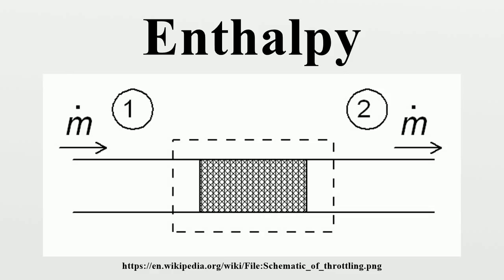Specific enthalpy. The specific enthalpy of a uniform system is defined as h equals H per m, where m is the mass of the system. The SI unit for specific enthalpy is joule per kilogram. It can be expressed in other specific quantities by h equals u plus pv, where u is the specific internal energy, p is the pressure, and v is specific volume, which is equal to 1 over ρ, where ρ is the density. Enthalpy changes. An enthalpy change describes the change in enthalpy observed in the constituents of a thermodynamic system when